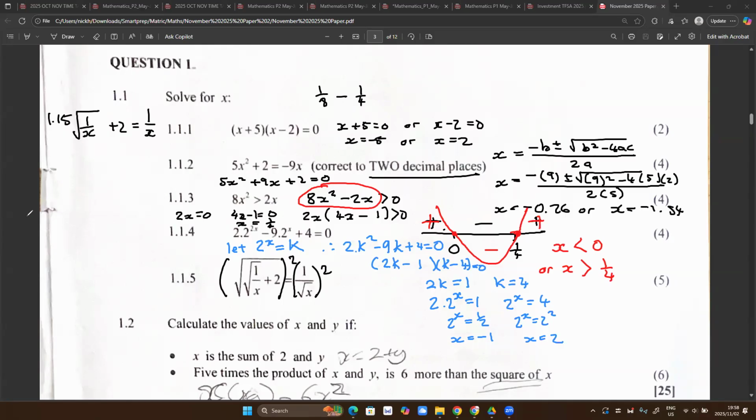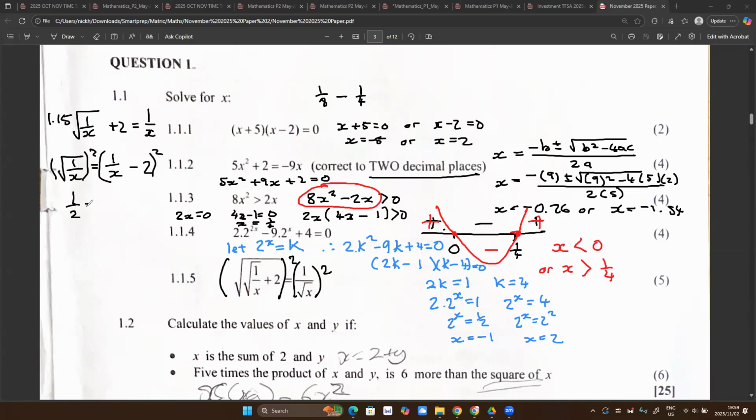Now this is a little bit better, isn't it? Because now I can just take the 2 across and then square. So let me do that. So 1 over x equals 1 over x minus 2. Square both sides. I get 1 over x. And when I square this,